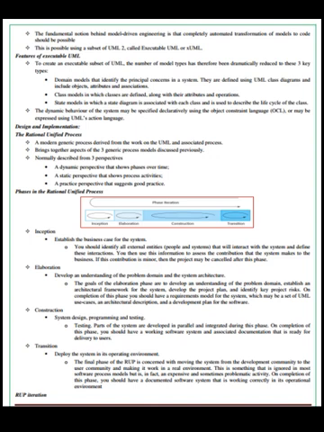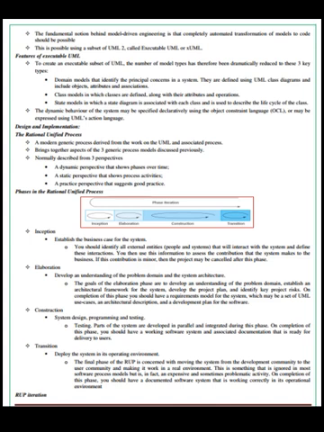Elaboration. Develop an understanding of the problem domain and system architecture. The goals of the elaboration phase are to develop an understanding of the problem domain, establish an architectural framework for the system, develop the project plan, and identify key project risks. On completion of this phase, you should have a requirements model for the system, which may be a set of UML use cases and an architectural description and a development plan for the software.